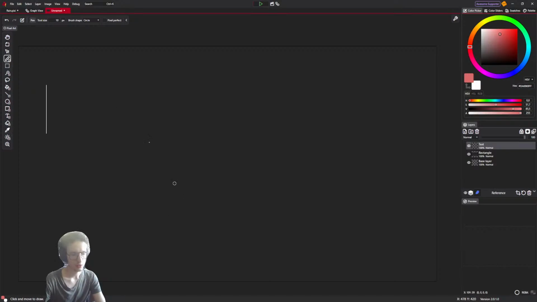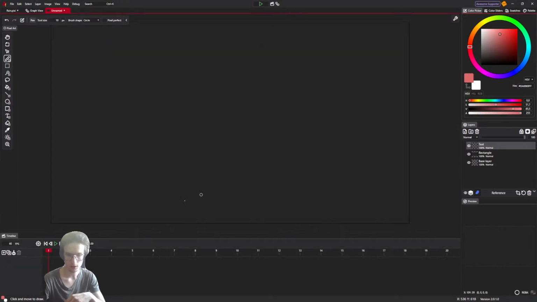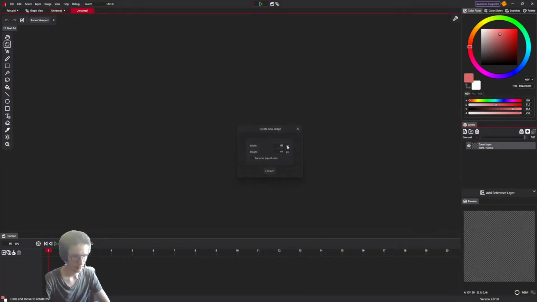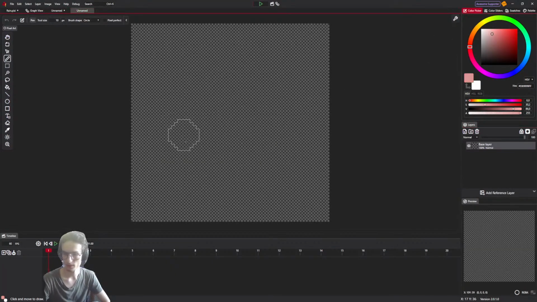New animation interface? Alright, it's already in the beta, so you can test it out. But oh, fine, let's create a new animation. Except I broke something. No, it's fine. Okay, so I have some canvas, and let's make a bouncing ball, because why not? This is the best example.